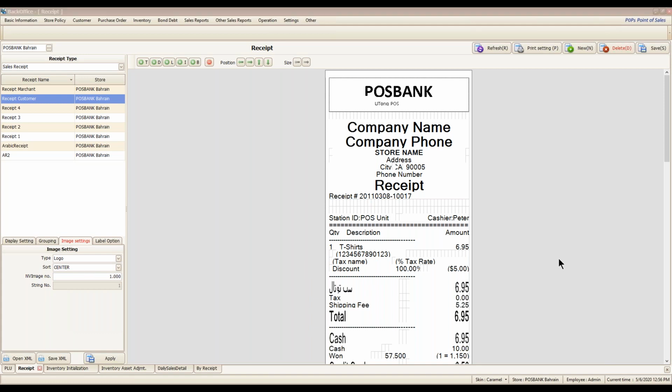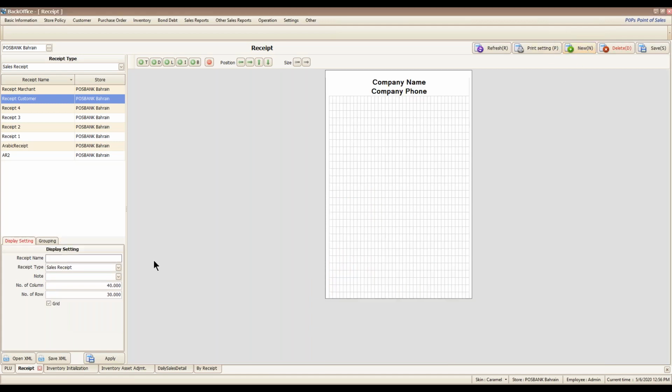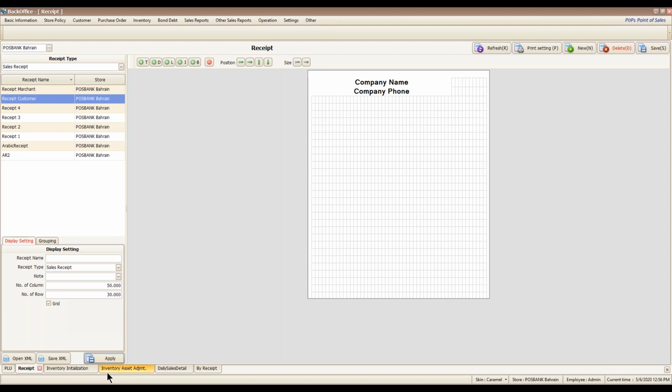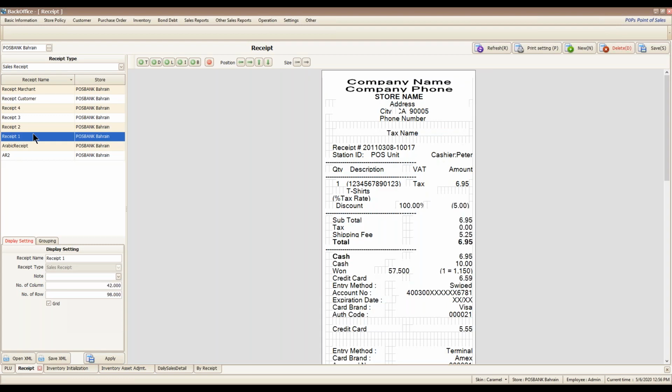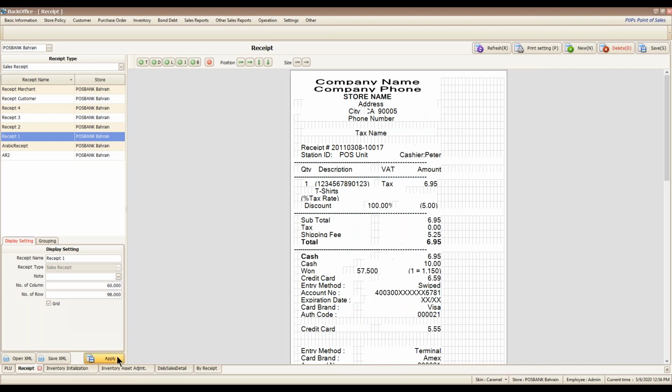Yes, you can change the receipt size. For example, if we create a new one, we can choose the number of columns and number of rows. So if we make it 50 and 40, when we click apply, the size is now different. Also, for the existing one, we can change the number of columns. So if we make this one 60 and click apply,